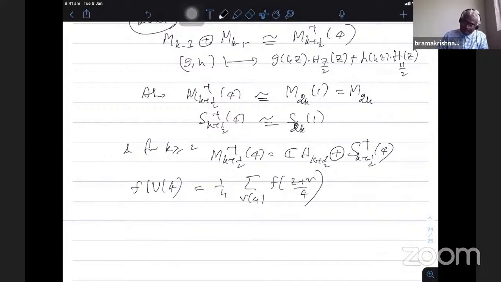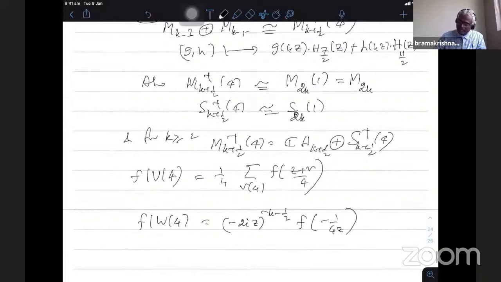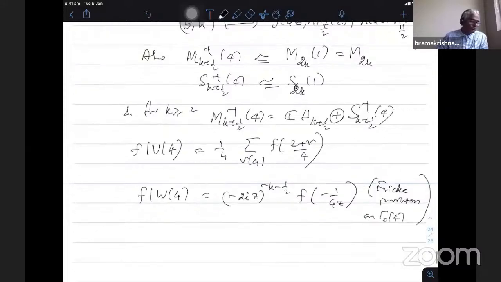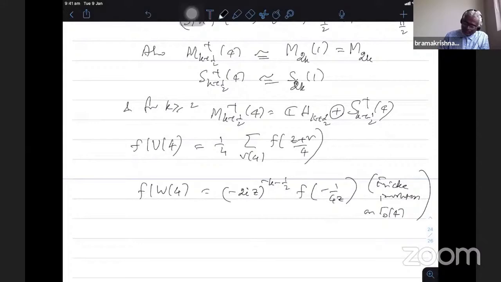And then f bar, the first time I've introduced the Atkin-Lehner involution, or this is the Fricke involution in this case, is minus 2iz. When I describe this newform theory, these operators will show up, the W operators. At that time, you will understand why these things are there. Okay, this is the Fricke involution on Gamma_0(4). So because when n equal to 4, I am taking, therefore I take W4. So both operators U4 and W4